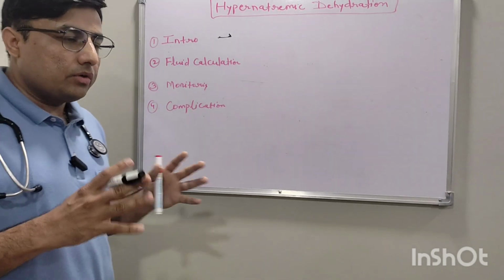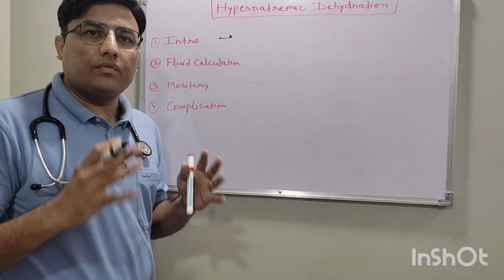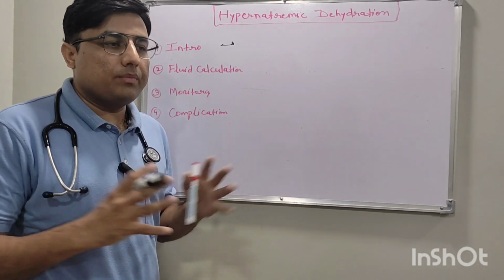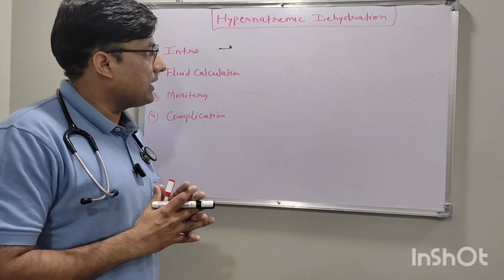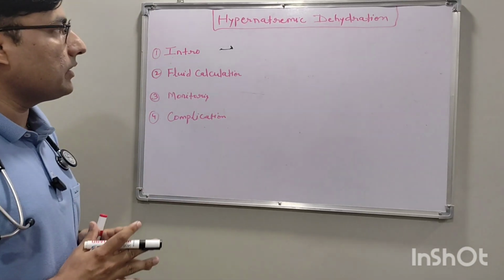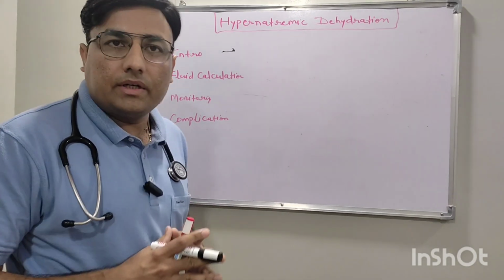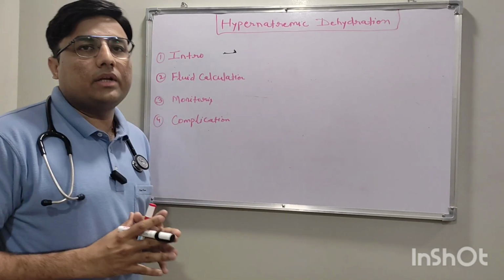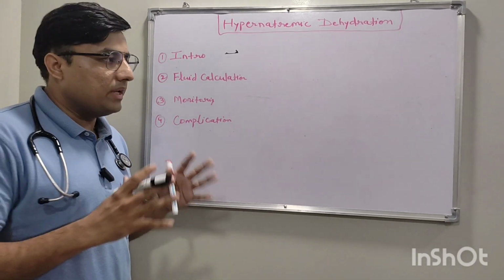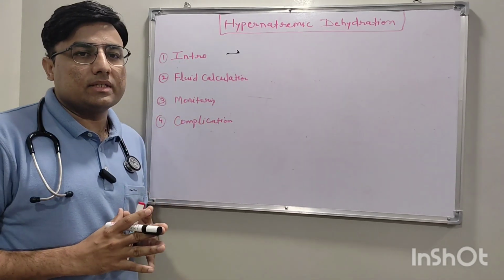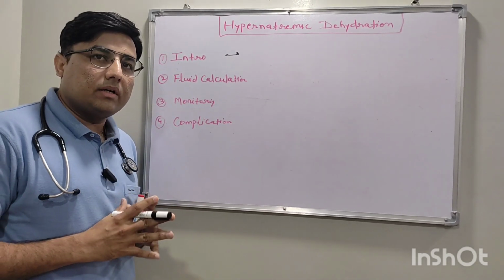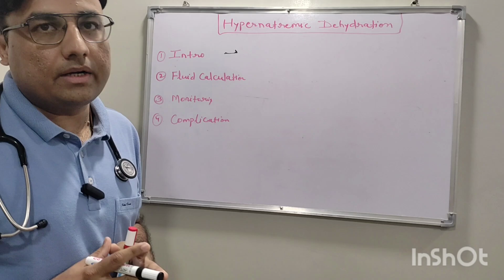As we know, because of the very high temperature, around 50 degrees Celsius, many babies are coming and getting admitted with hypernatremia, severe dehydration, weight loss, and shock with acute kidney injury. Many resident doctors requested me to make a video on fluid calculations. They are asking how to calculate fluid for hypernatremic dehydration.